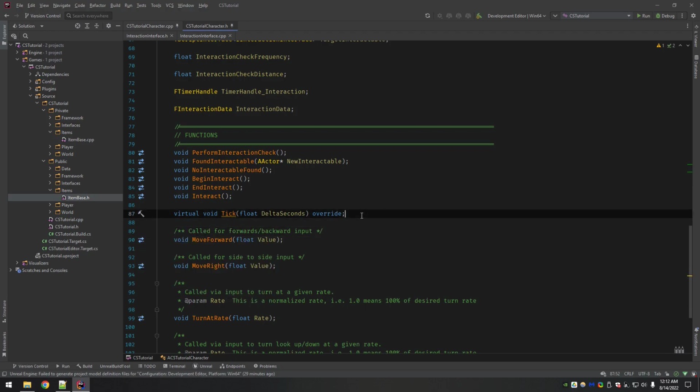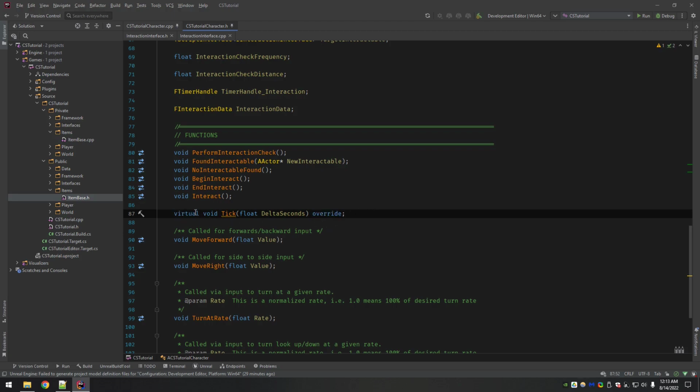Oh, and when I said I would talk a little bit more about this in the interface, virtual means something can be overridden. It simultaneously means something is being overridden. So obviously, like I said, tick is implemented on the character itself. If you override that and you put it into your child class, you also designate it as virtual, but then you designate it as an override.